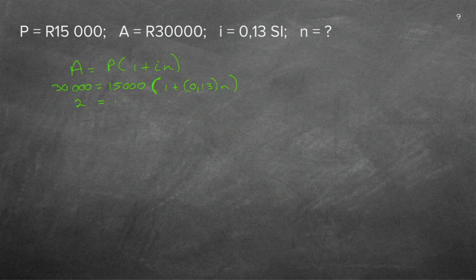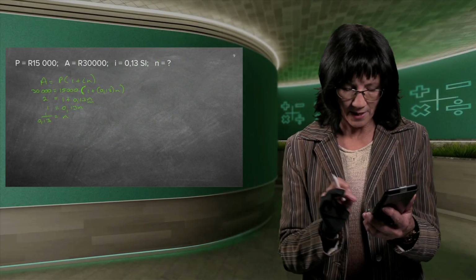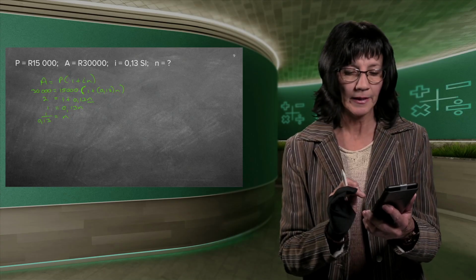So what is left here on this side? 1 plus 0.13n. Why do I not put the big bracket around anymore now? Because there's nothing outside of it anymore. I need this n all alone, so I need to get rid of the 1. So I take 1 to the other side, minusing it. Why do I minus it? I do opposite working. So it's just 1 left. How do I get rid of that little 0.13? It's been times with the n, so I need to divide, but then I must also divide this side by 0.13. And I grab my calculator, and I can either do the fraction. This one is easy enough to just say 1 divided by 0.13 equals.